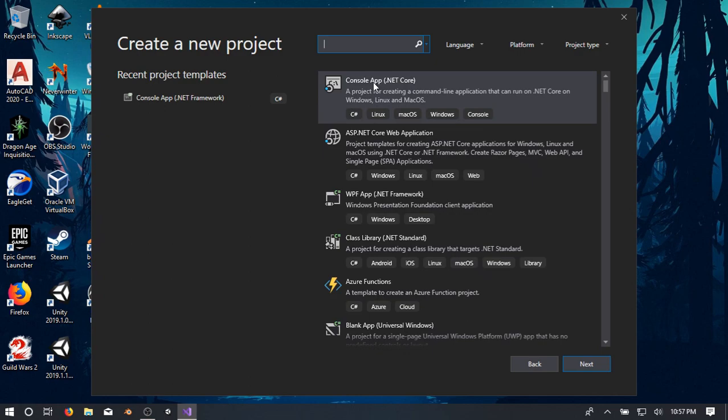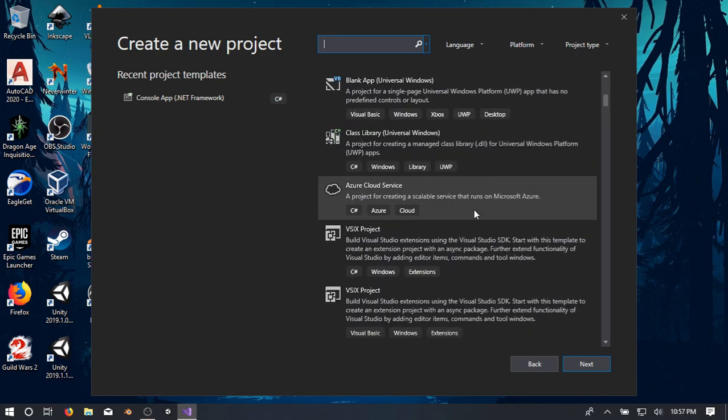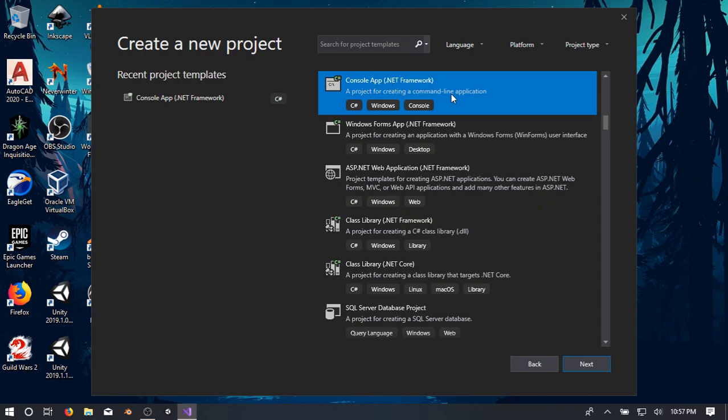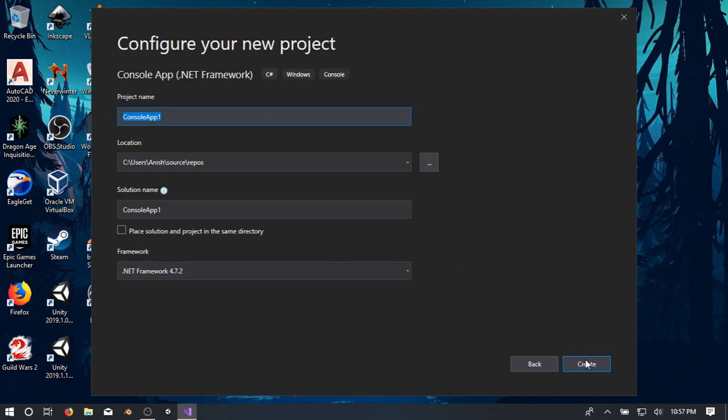Like it's showing just here saying Console App .NET Core, but we don't want to use .NET Core. What we are looking for is .NET Framework. Right here you can see Console App .NET Framework. Click on .NET Framework and select next,